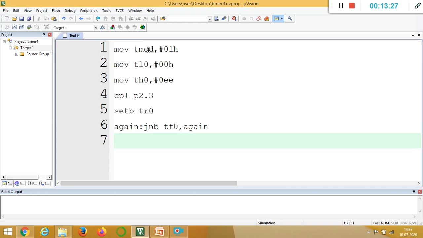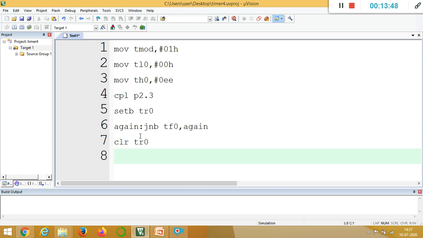This is to monitor the timer flag. Until the value is between EE00 and FFFF, TF will be 0. Once it rolls over from FF to 00, the TF flag becomes 1. Once it becomes 1, you have to stop the timer using the instruction CLR TR0.